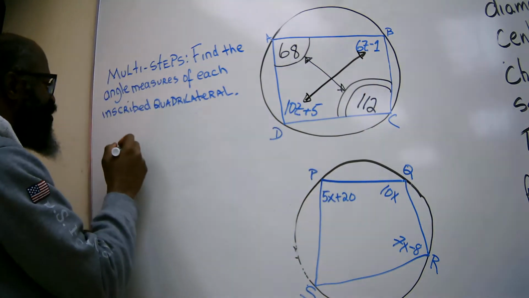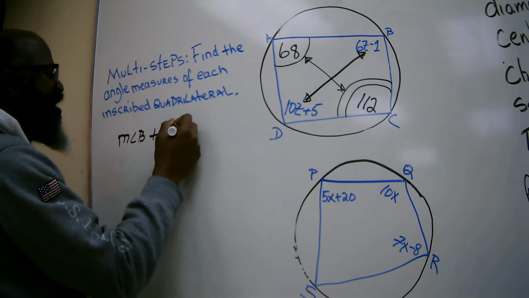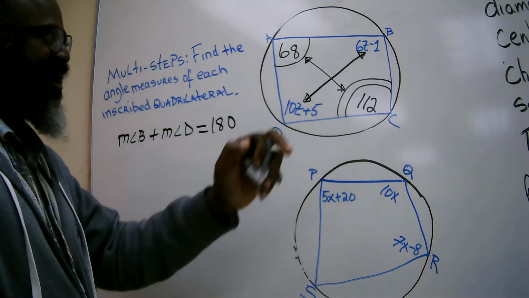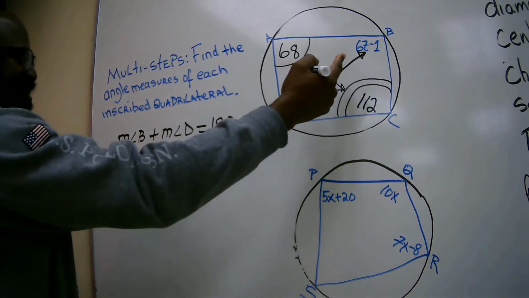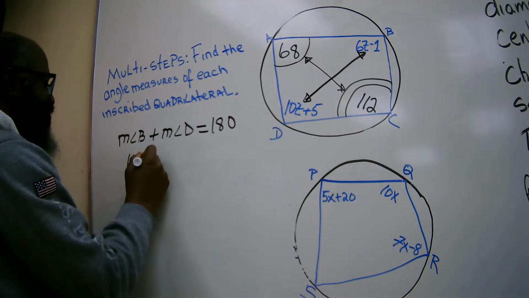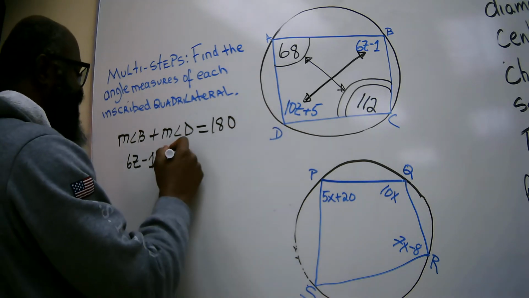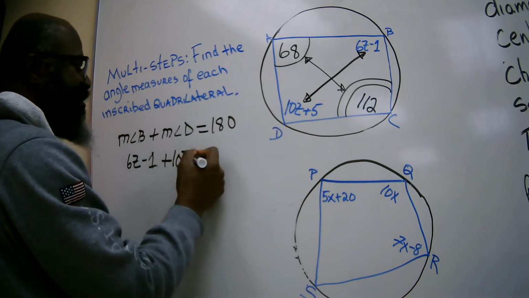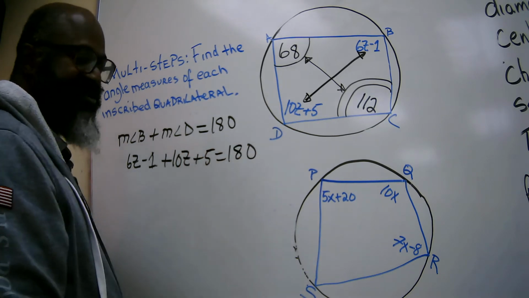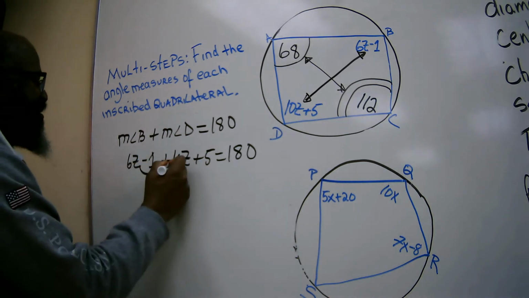So your model equation will be measure of angle B plus measure of angle D must be equal to 180. Those are my two opposite angles. Then I'm going to replace my algebraic expression for angle B, which is 6z minus 1, plus my algebraic expression for angle D, which is 10z plus 5, is equal to 180. Then this is my equation. In this case, I need to simplify. Then I will end up with 16z